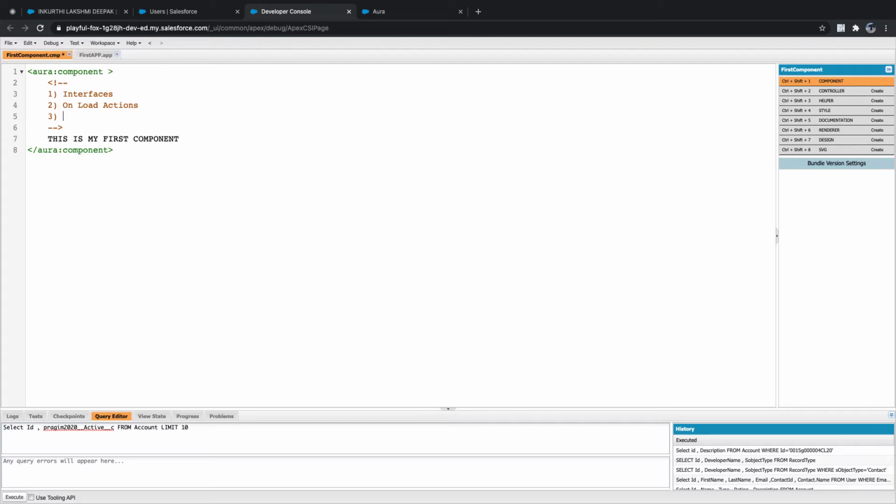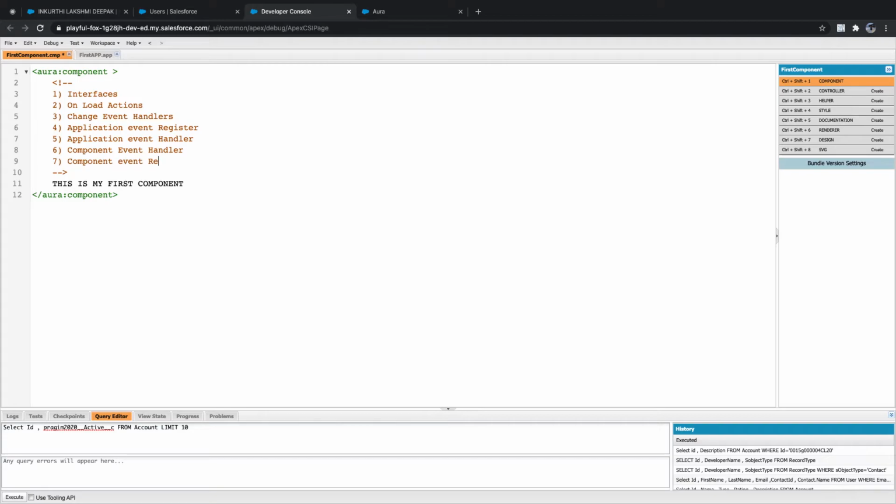Third one is change event handlers. Fourth one, application event registered. Fifth one, application event handler. Sixth one, component event handler. Seventh one, component event registered.